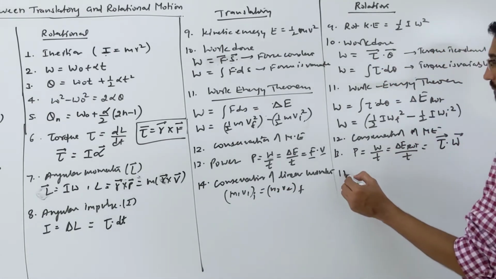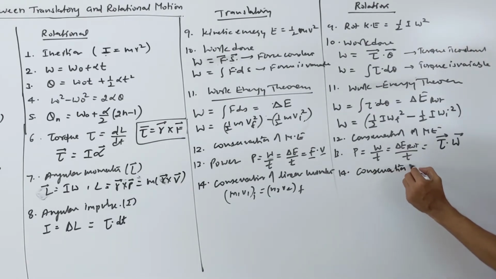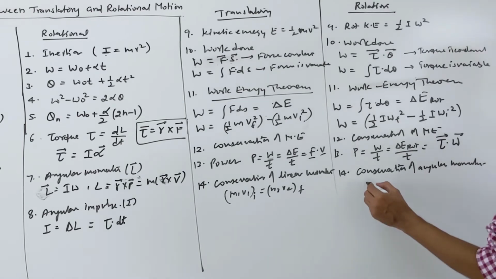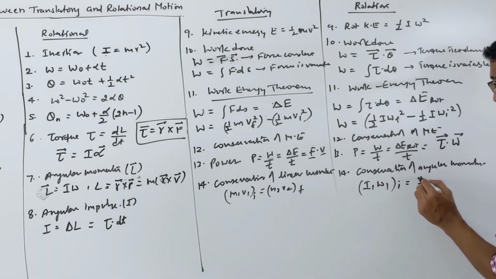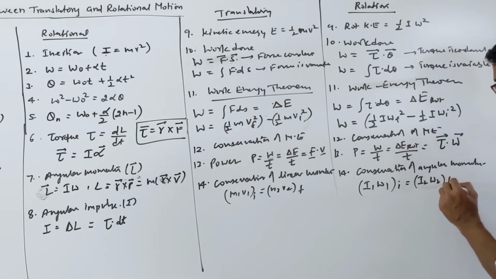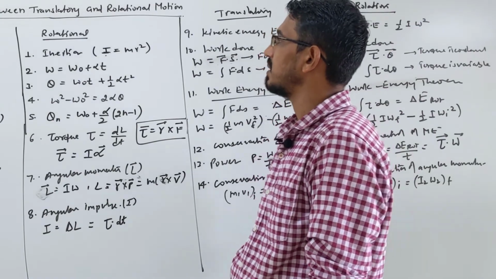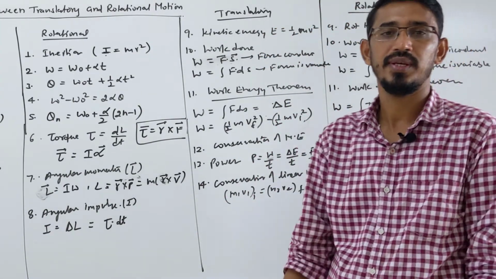Exactly the same here also, you apply conservation of what? Angular momentum. So how do you write it? Initial angular momentum is equal to final angular momentum. Here the angular momentum formula is I omega 1, this is called initial, is equal to I2 omega 2, that is final. This rule you can apply, right? Yes. So this is a simple comparison between our translational and rotatory motions. Everything is the same, nothing is new in real, okay?